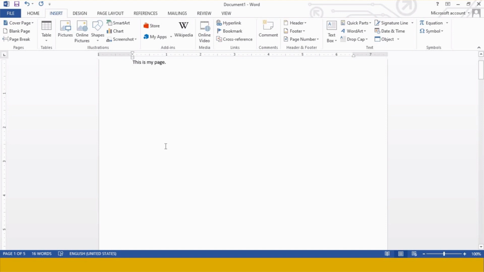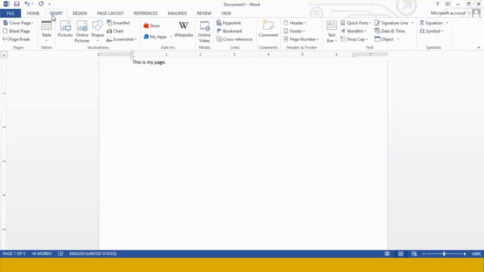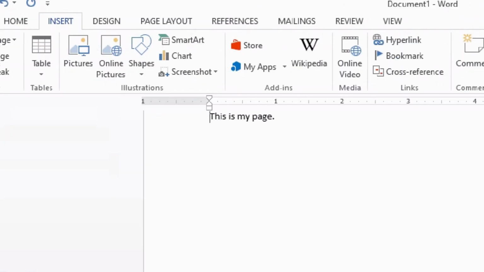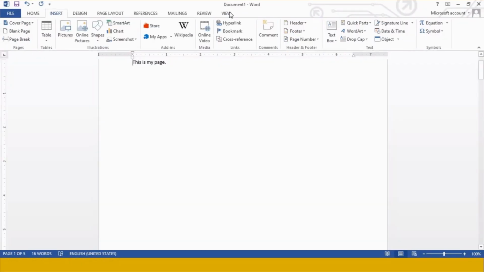Now what I am going to do is insert headers and footers. So from where to insert headers and footers? You have to move on to the insert tab first. This is your insert tab. Click on the insert tab and then move on to the headers and footers group. It's given over here. So you are finding this headers and footers group over here. We have to move to this option, and from here I want to insert my headers.